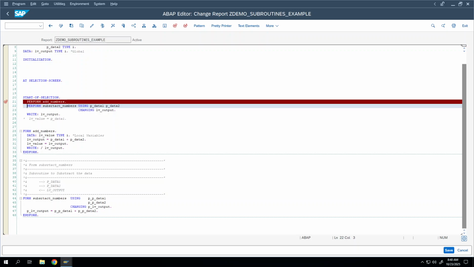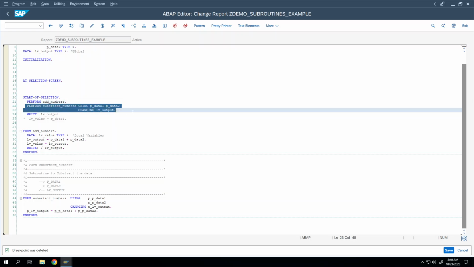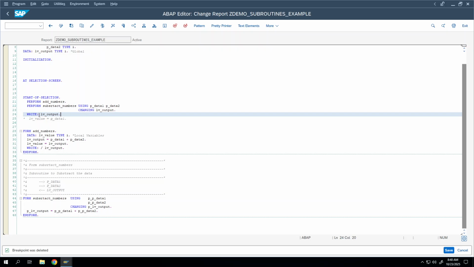Okay, is everyone clear? Yes, sir. Now to call this subroutine again with different set of inputs,